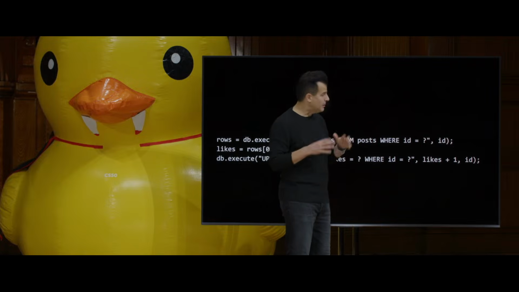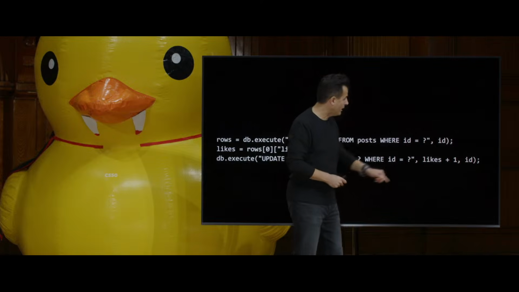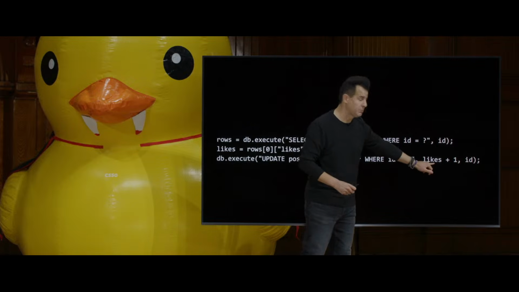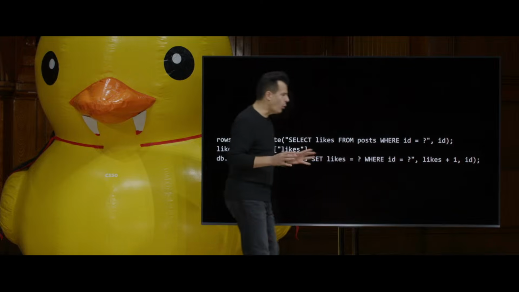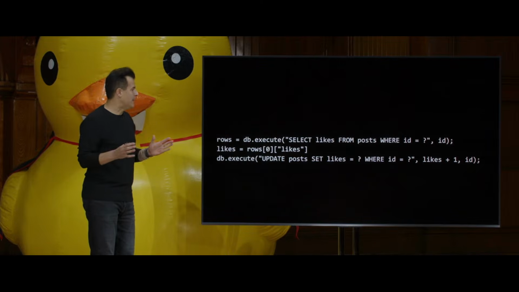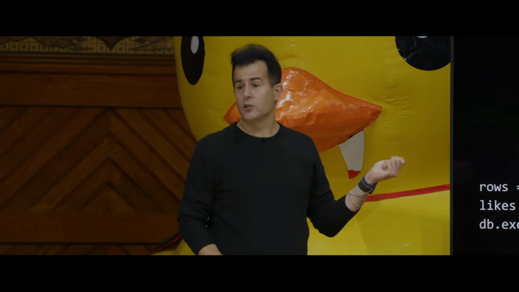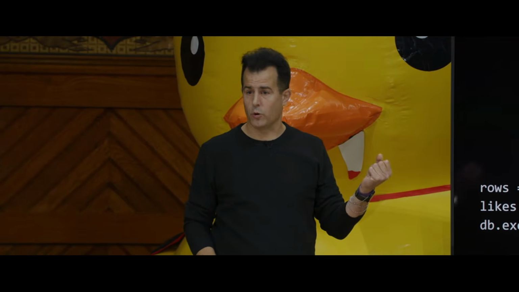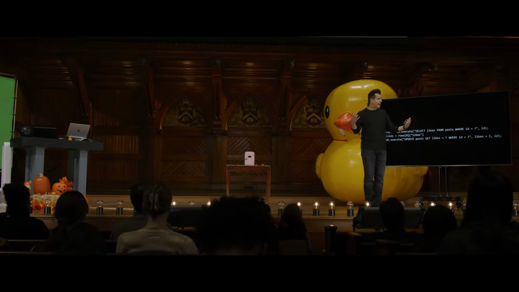And we didn't see this already, but the CS50 library supports, indeed, multiple arguments after the SQL string. I'm going to update the number of likes to be likes plus 1, plugging in the same ID of that post. So in short, take on faith that it's quite common that in order to achieve one small goal, like updating the number of likes, stands to reason you might need to do 2 database queries or 3 lines of code. Now, if these lines of code are executing on multiple web servers, you could certainly imagine that if people